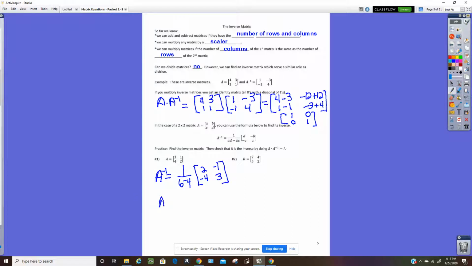So then A inverse is 1/2, the scalar, 1/2 times all these entries here. So A inverse is going to be 1, -1/2, -2,